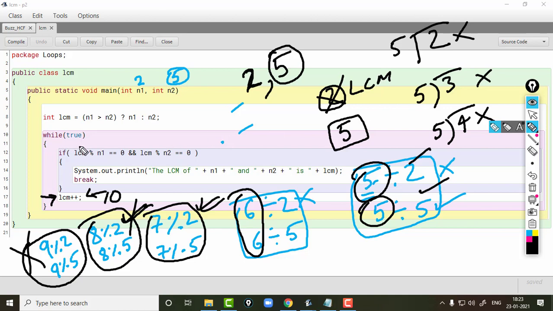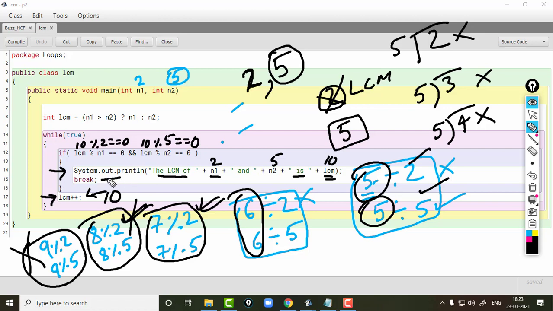Now see, 10 modulus N1 is 2 equals 0, and 10 modulus 5 equals 0. Now both the conditions are true, so control will enter the if block for the first time and it will print the LCM of N1, that is 2, and N2, that is 5, is 10. LCM is storing 10, so it will display 10 here.